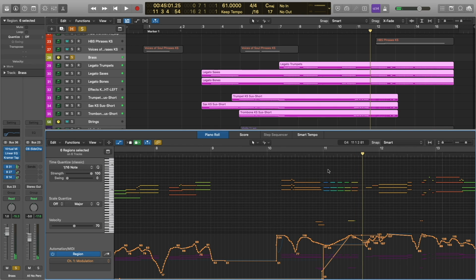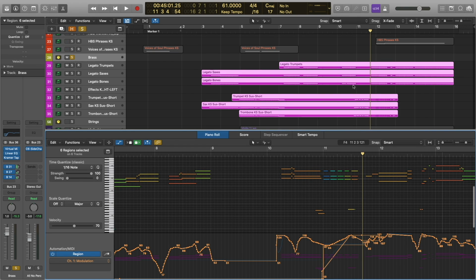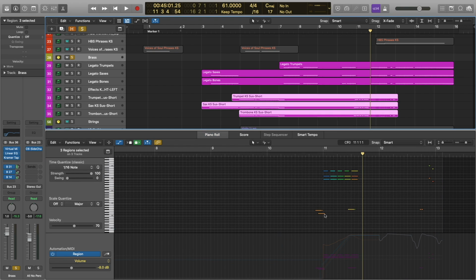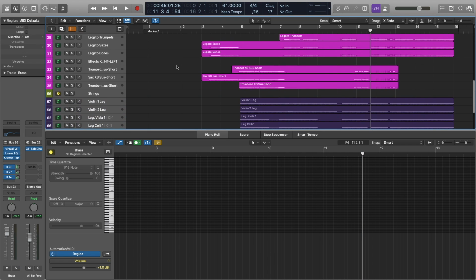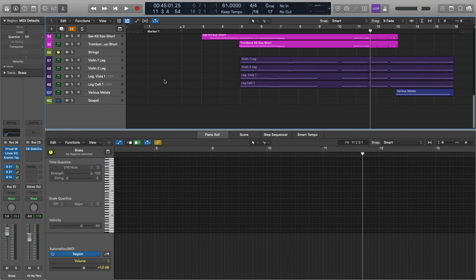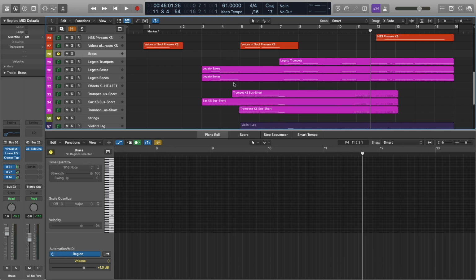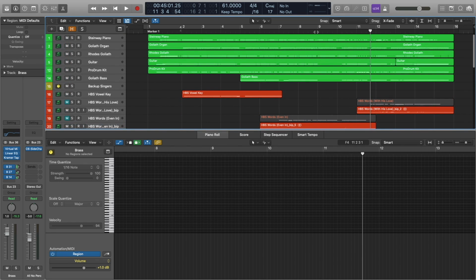So I wanted kind of a da, da, da, da, da. And I was able to get that with the key switch patch. And you can see all the programming here. Okay, let's go ahead and add strings. And that's actually everything, so I'm just going to unsolo everything here.